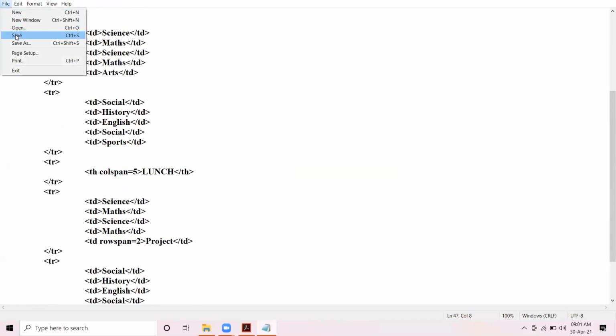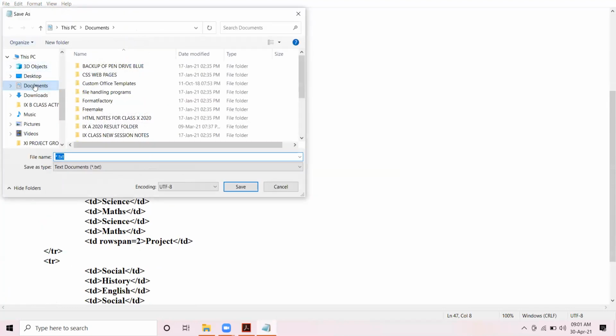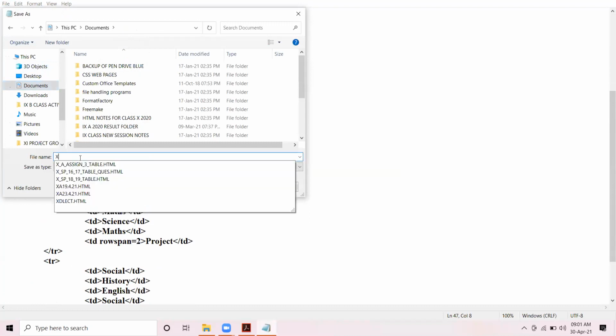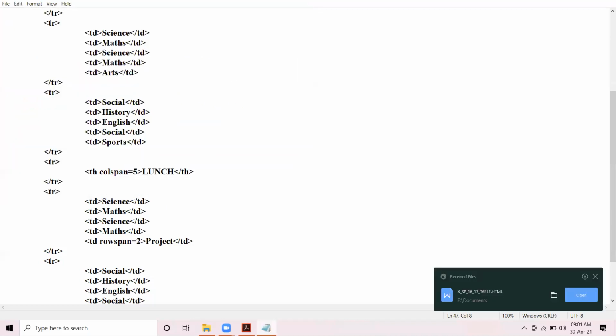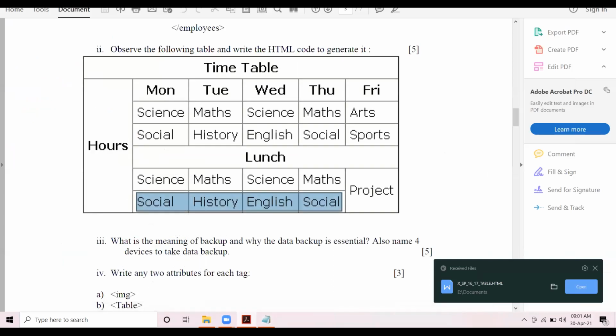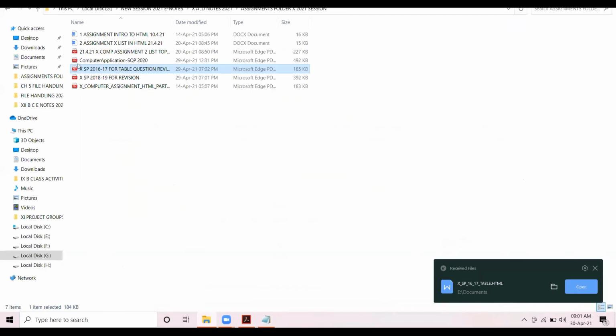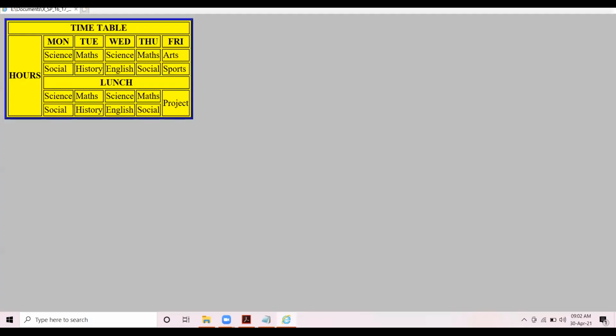So let us save this table in the documents. 10th sample paper 16 17 table dot html. Let us see the browser view. See the browser view.